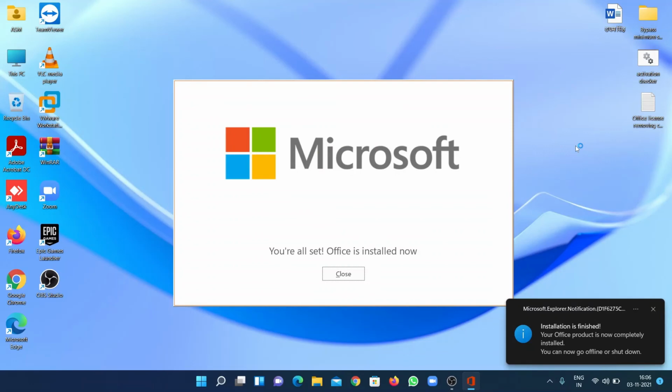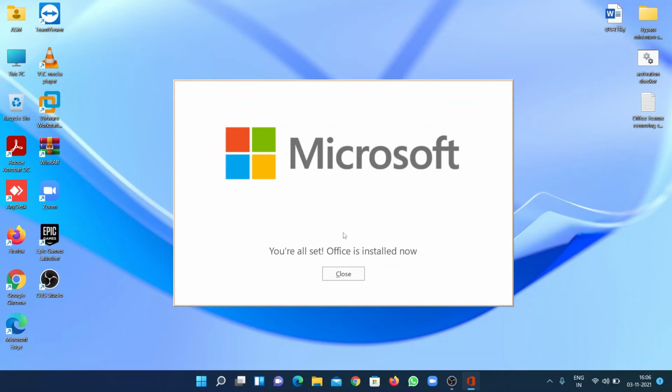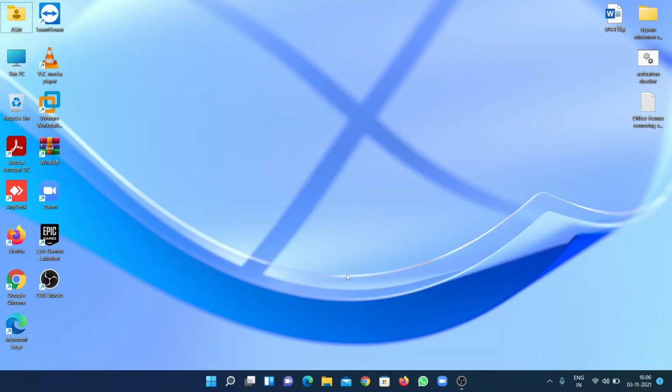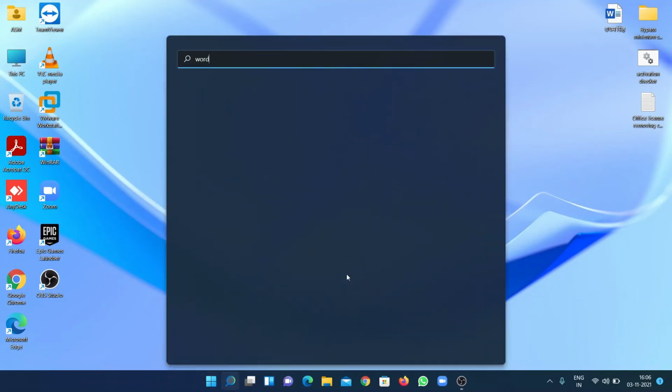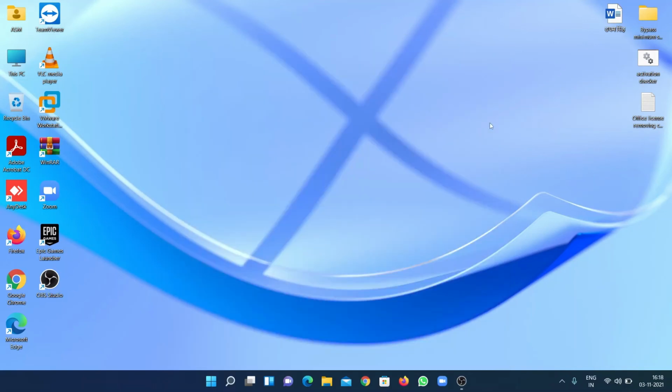Okay, my friends, we are now done with the installation of Office 2021. So now we'll close this, and now we'll check our applications. Guys, I'm sorry that I'm not able to show you because there is some glitch in my computer. It is opening the previous version. The problem is that I had already uninstalled that previous version, but I don't know what's the problem.